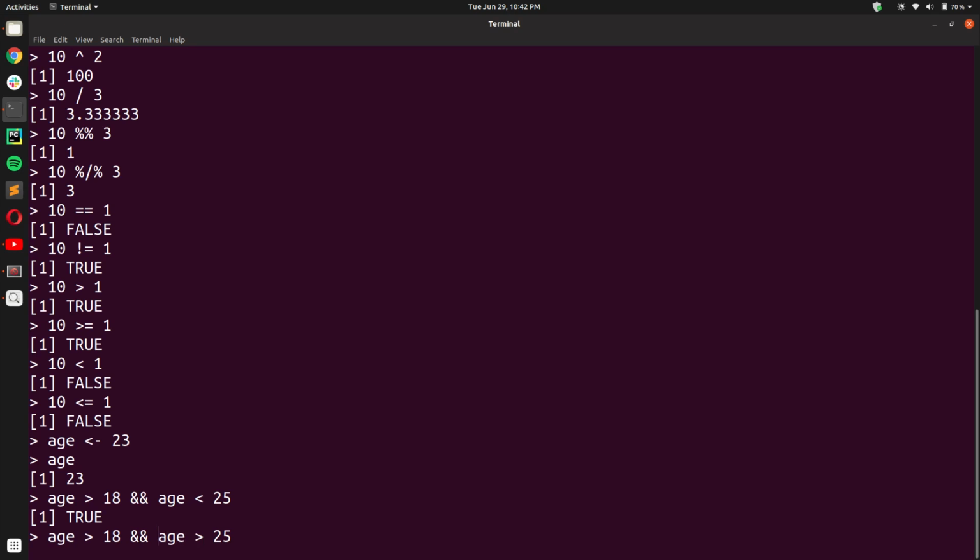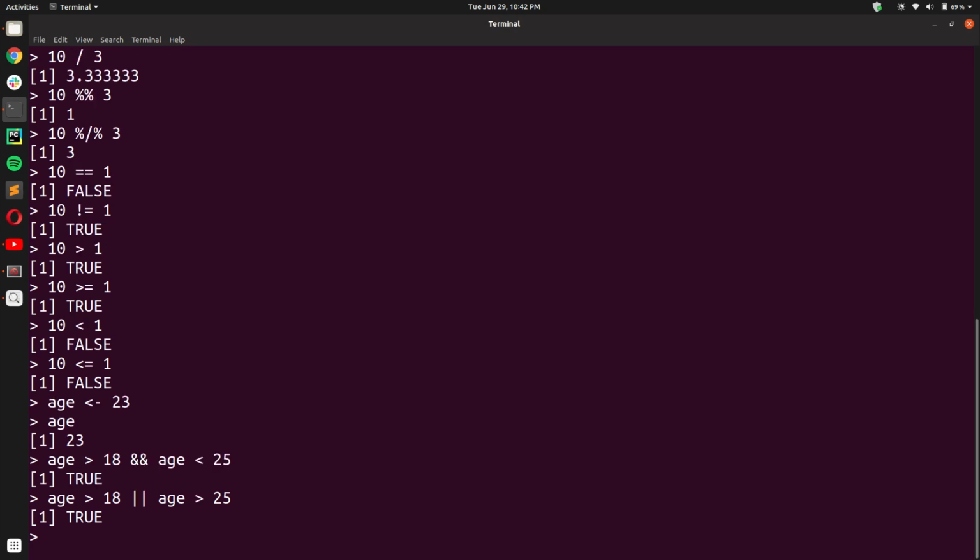But when we use the OR operator, which is the two vertical lines above the enter key on your keyboard, it will evaluate to true if any one of those two statements is true. And you'll see when I press enter, I get true as output. This is because age greater than 18 evaluated to true.